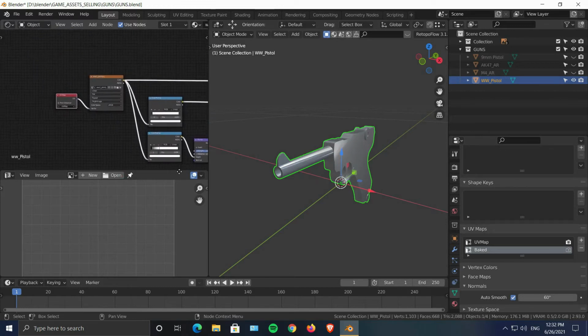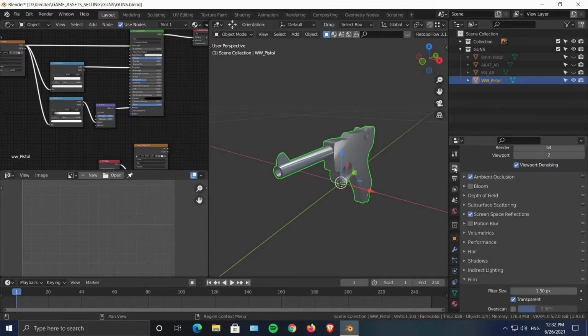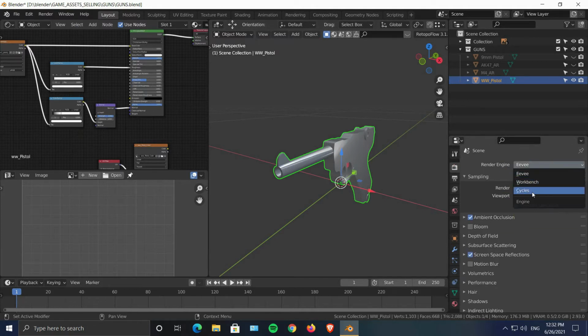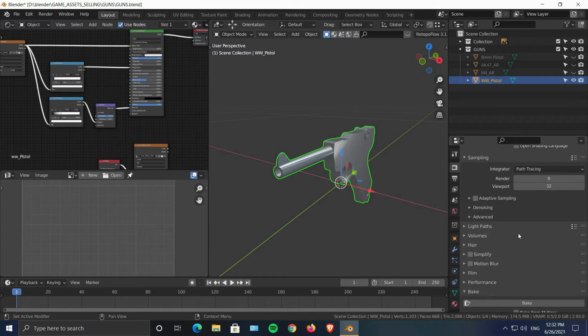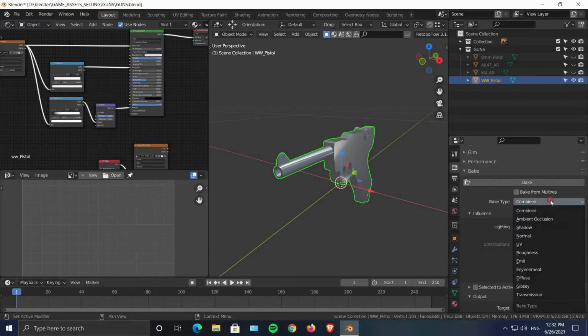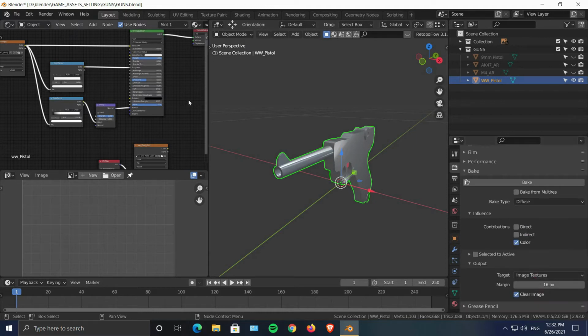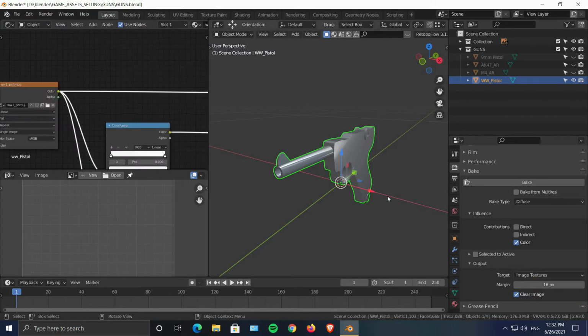With that setup done, make sure that you are in the bake, and then let's go into the render properties and change this to Cycles. You can also change it to GPU if your GPU is faster. My CPU is faster, so I won't change it. Now I will go down, and over here it will default to Combined. Set it to Diffuse, because we need this base channel, which is diffuse. Let me just turn on the texture. Okay, we are on the textures.